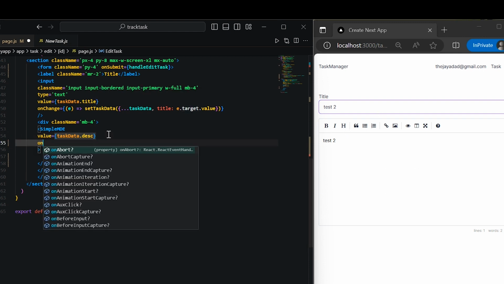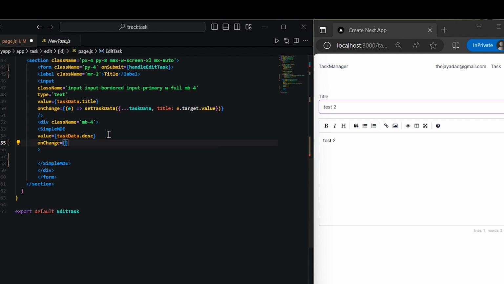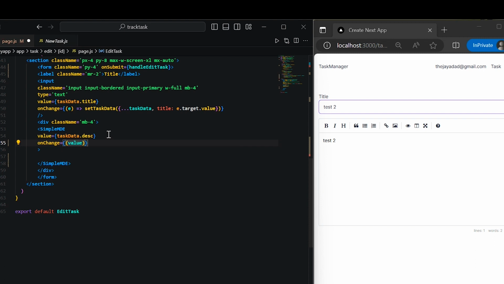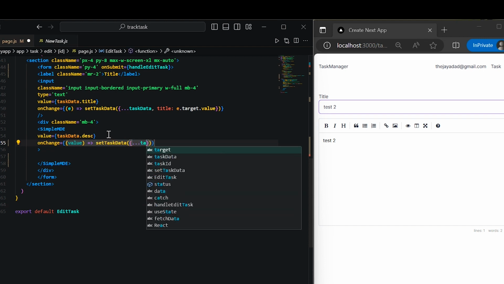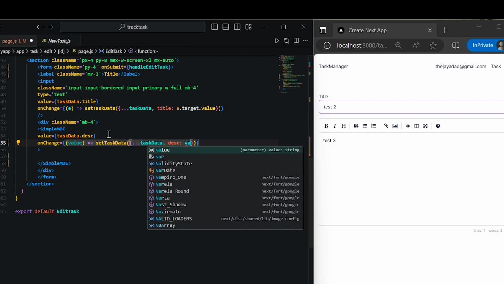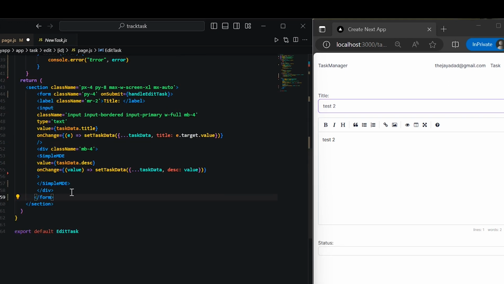And for this one, we're not going to style it. We're just going to give it the onChange. And for this one, we'll need to pass in the value. And we'll go set task data, destructure the task data, and we'll say descript is equal to value. Okay, so underneath this div,